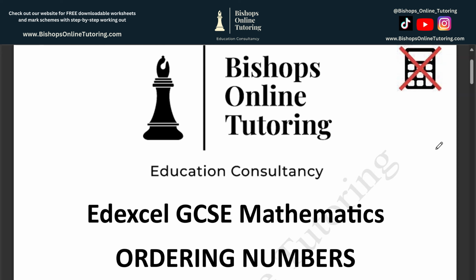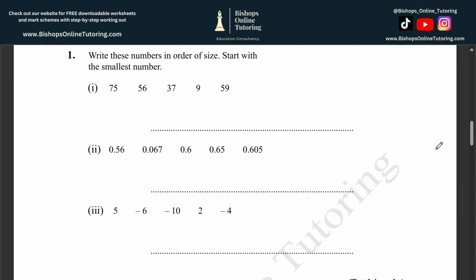This is sheet number 2 covering ordering numbers. Okay, write these numbers in order of size. Start with the smallest number. So nice and simple, we can see that 9 is our smallest number, then 37, then 56, then 59, and